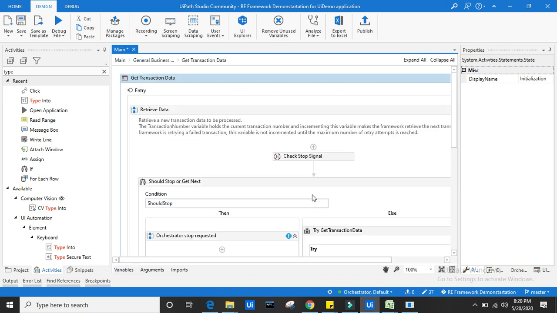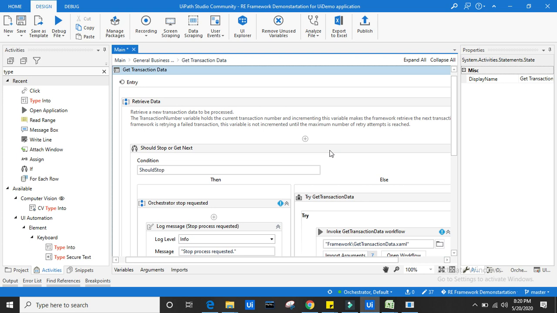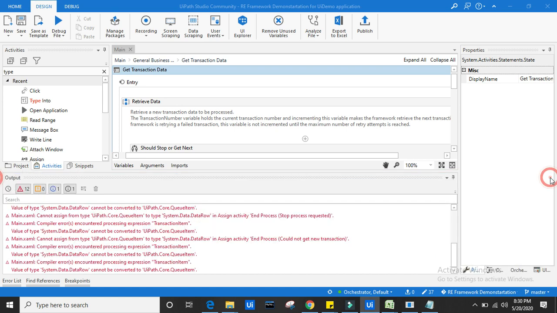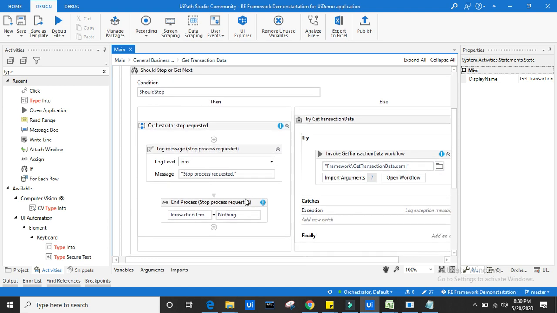Let me open this. Then we have a stop signal, check stop signal. We are not at all dealing with Orchestrator, so just delete this. Okay, so we need to check the errors basically. Yes, here we can see the error.